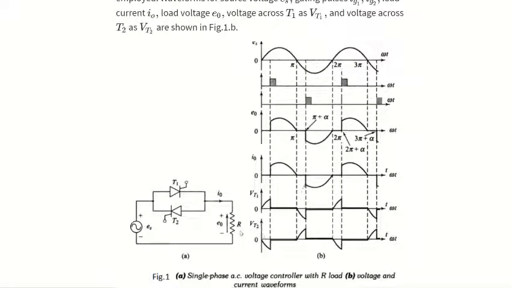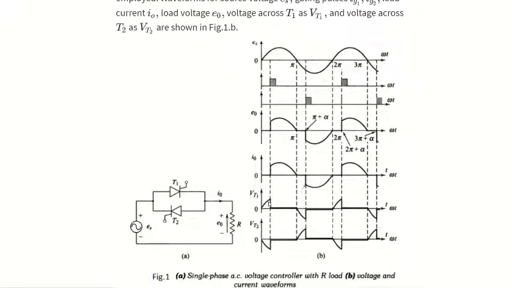Observe the voltage across T2. As you can see, it will be conducting in the negative cycle, so the output is shown from the negative cycle. Till you give the gate pulse, T2 will be forward biased, so you can see the supply voltage appearing across T2. After the gate pulse is given, T2 will start conducting, right? That's why minimum voltage is observed across T2.